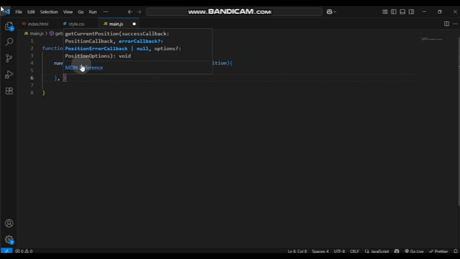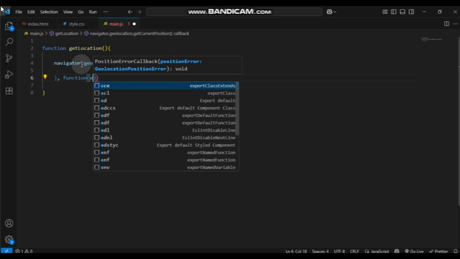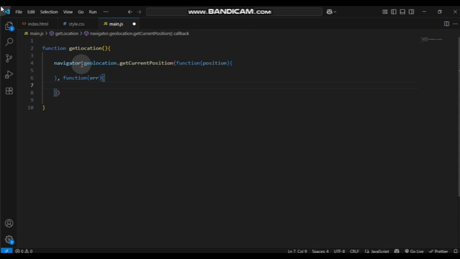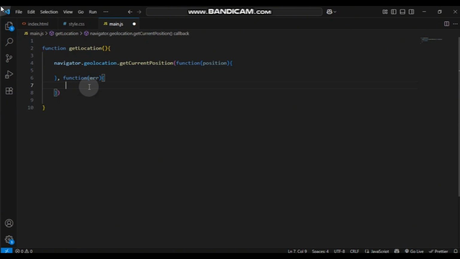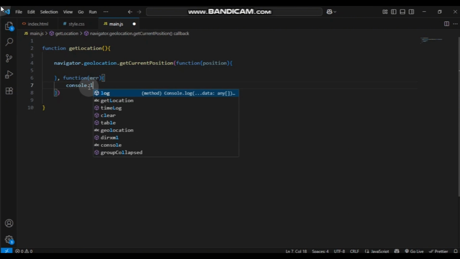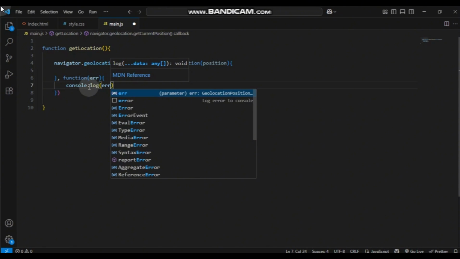If somehow any error happens, then the error should be defined. So for that, write down a function with the parameter error, and we will log the error with console.log, error. Okay,